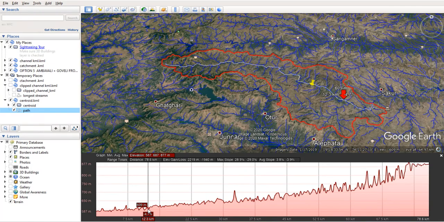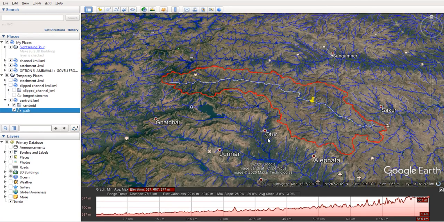Then we take 630, which is somewhere here. This is how we calculate the slope of the channel. We take a 20 meter elevation interval, make a table of these coordinates, and calculate S.